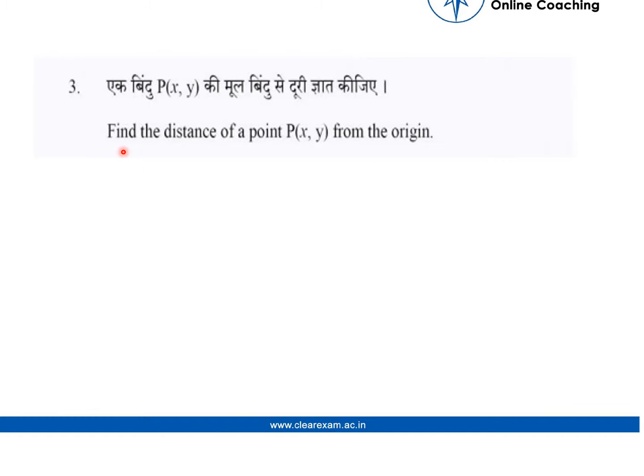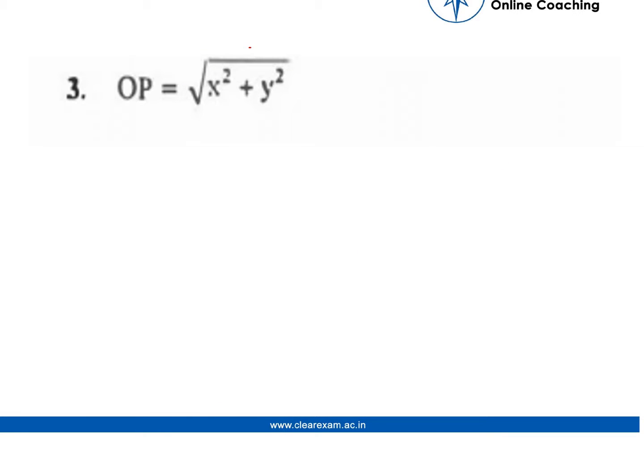The question is, find the distance of a point P(x, y) from the origin. Now we know that the distance between two points (x1, y1) and (x2, y2) is given by under root of